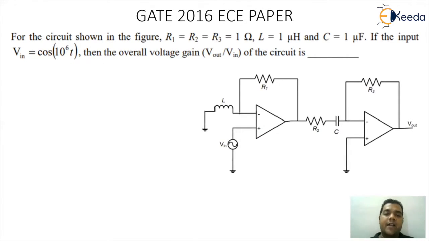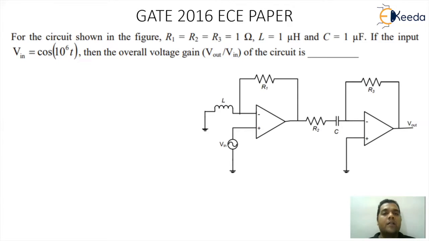This is a circuitry where an input is applied to the op-amp circuitry. If you observe carefully, the Vin is applied to the plus pin of the op-amp and the feedback is connected to the minus pin. So this is basically a non-inverting amplifier type arrangement. The second circuitry has R3, R2 and C as shown in the figure, so this is analogous to a filter type arrangement.